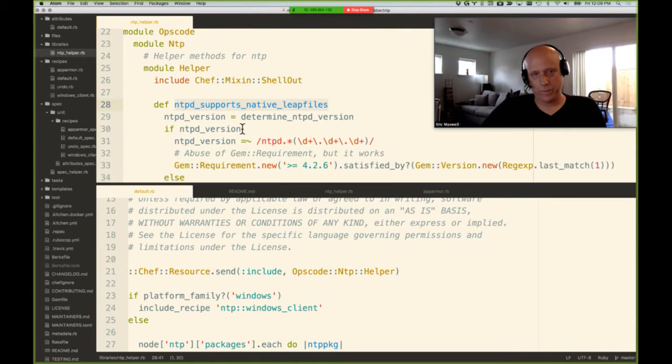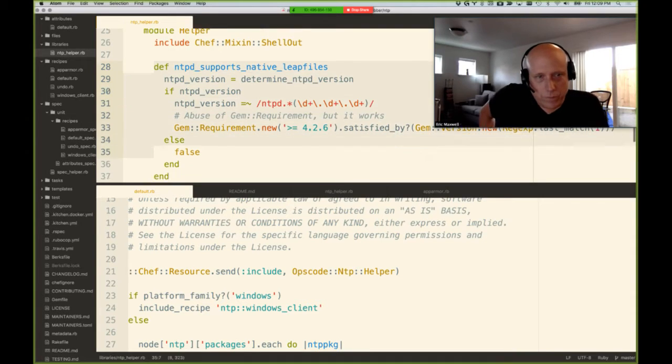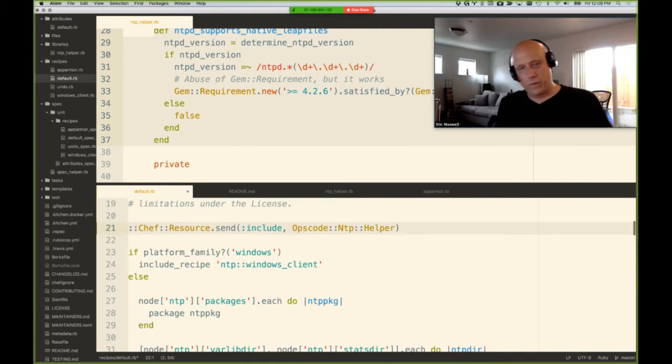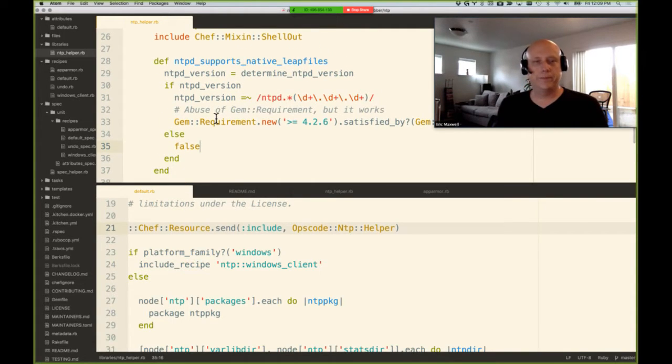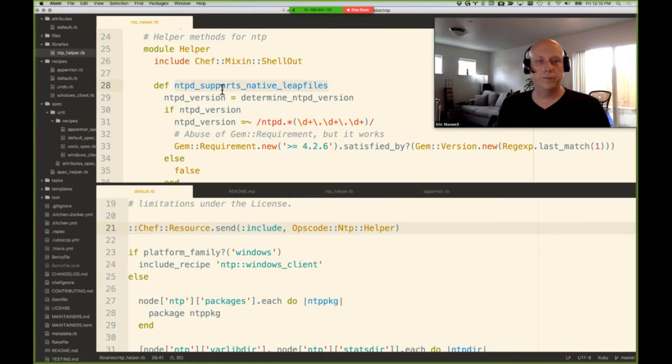So this NTP supports native leap files method is essentially as if we defined it inside of the file over here, right? So all this does is really just take care of that. And so the modules are like a namespace basically. Yeah, exactly, a namespace type of thing. That's exactly it. And so you bring up a great point, which is talking about NTP supports native leap files. This is really just a Ruby method that's contained within a namespace module that we include into any